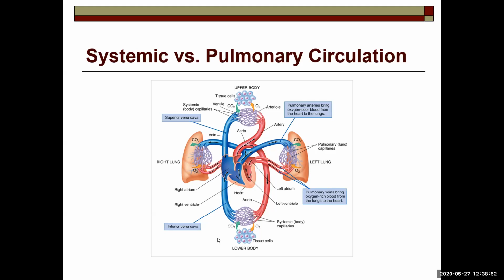So this circulation here, when we deal with the cells, the exchange of gases within the cells, that would be your systemic. This one here is below the heart, and this one here is above the heart, where we can go into the brain and also into your tissue above the heart also. So when we talk about this pulmonary circulation, we're dealing with the exchange of oxygen and CO2 at the level of the lungs. And it has to be very, very